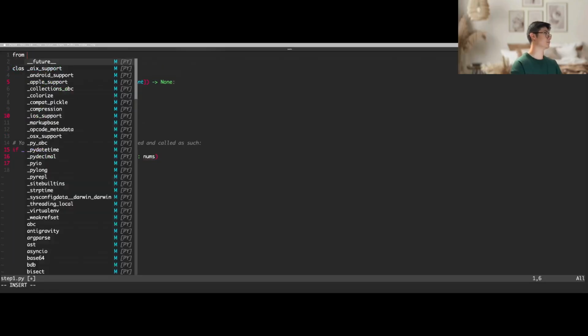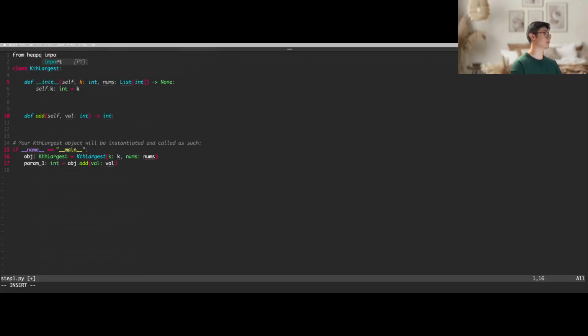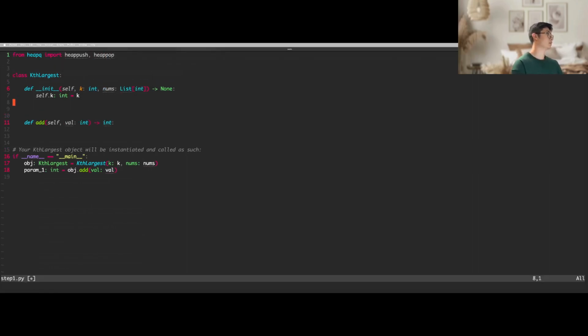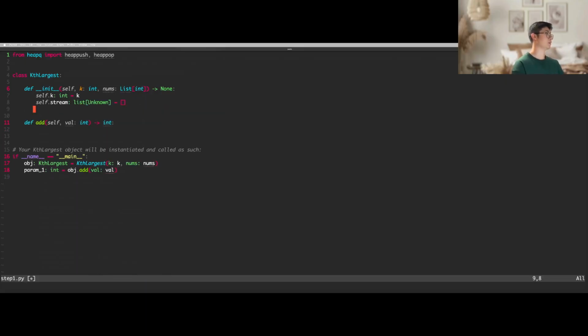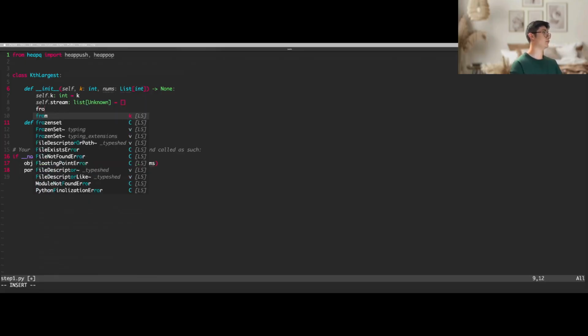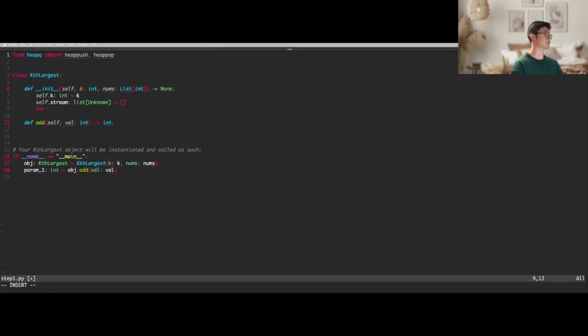So from heapq, import heappush and heappop. And alright, so self.stream equals an empty array, and then for i, and let's say value in enumerate nums,